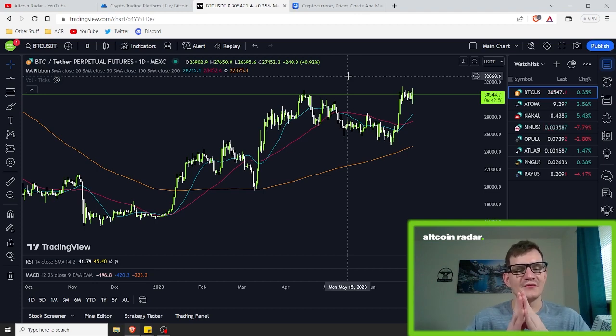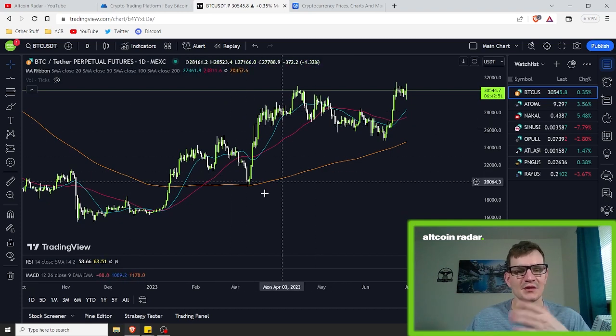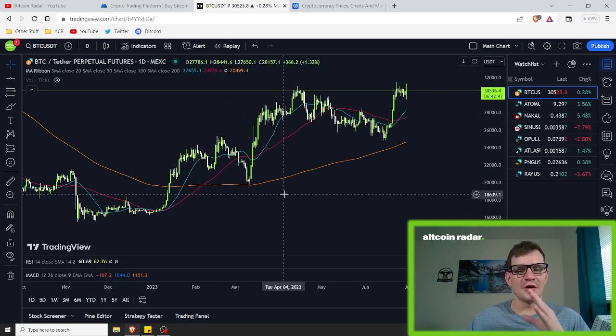So once you have TradingView opened, so you want to be using TradingView, obviously, because that's where we're going to be using the Fibonacci tool. But once you have TradingView open, all right,